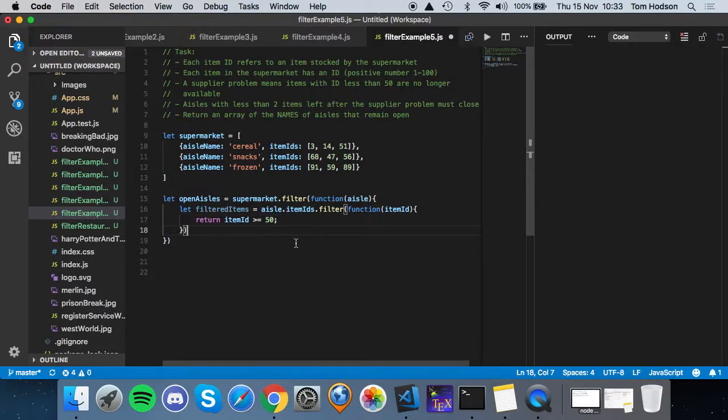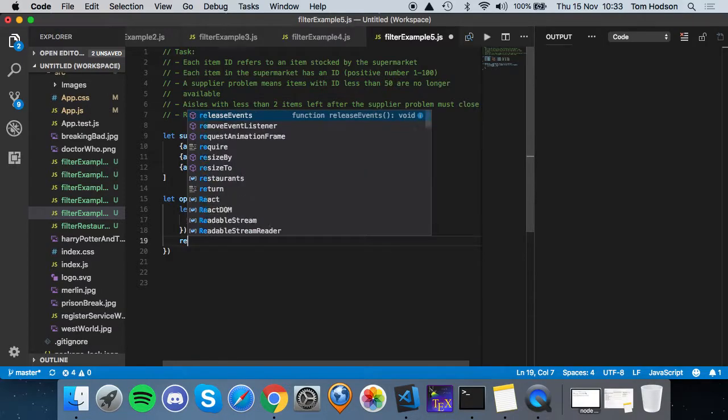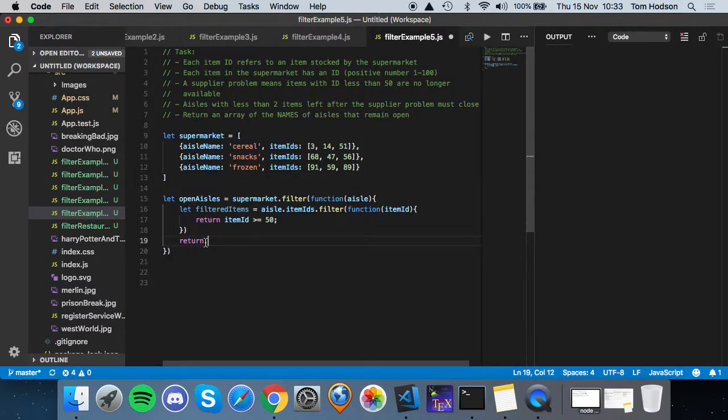So tile inside the other function, inside the other filter. Yeah, so this filter is returning something at the moment, and you can see this filter is not returning anything at the moment, so I want to do a return, to return the filtered items as the return of the supermarket filter. Yeah, so you'd want to